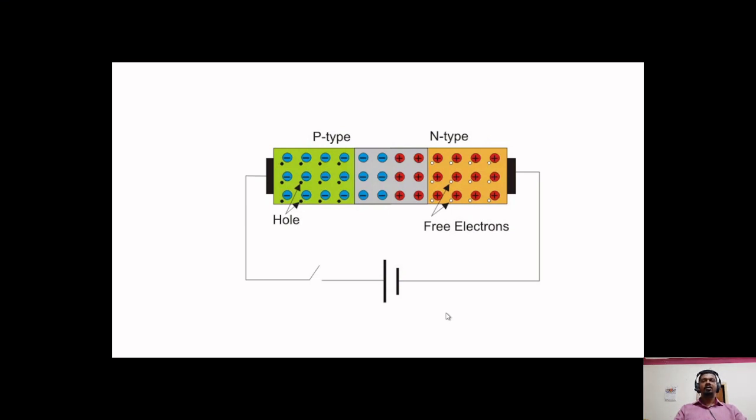Now let us understand what happens when you combine a P-type material and an N-type material. You find at the junction the formation of what is called a depletion layer. Here the negative charge carriers move into the positive region, and the holes, which are positive, move into the N-type region. These charges get fixed near the junction, so they form this depletion layer. So now you can see that there is no flow of current.